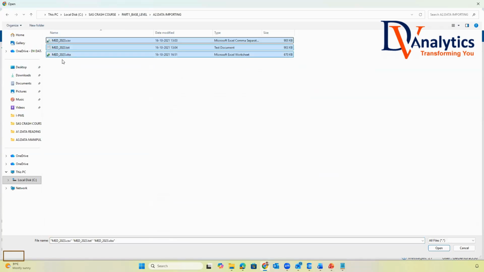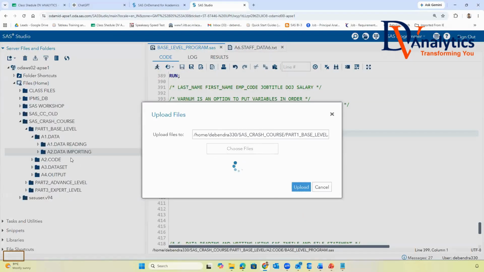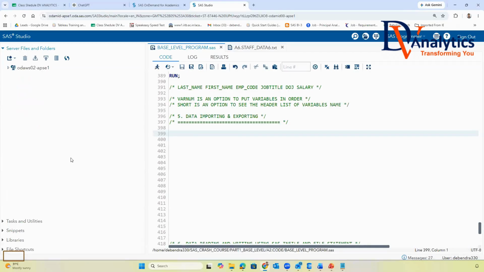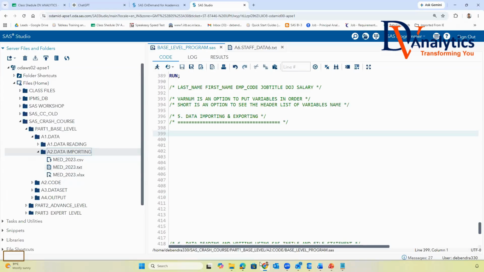May 2023.xlsx, .txt and .csv file. These all three files I uploaded now to the SAS. And I want to go for reading this file one after another. So now let's go for reading this text file, CSV file and Excel file into your SAS environment. So how to go for reading this data? First of all,